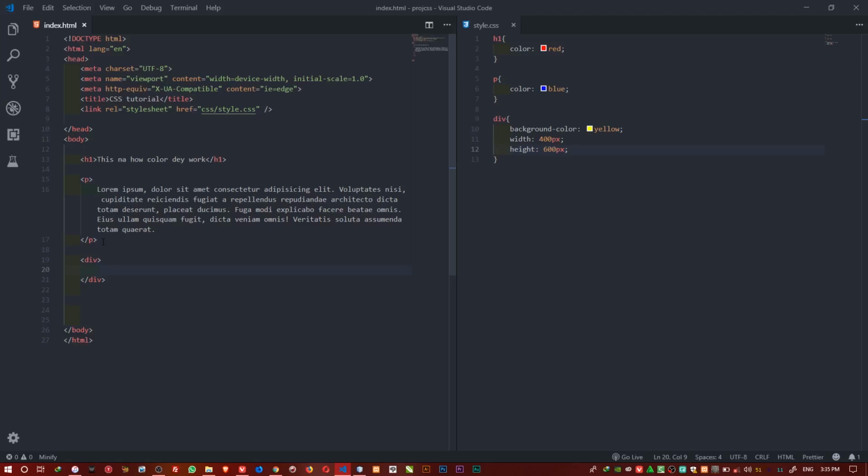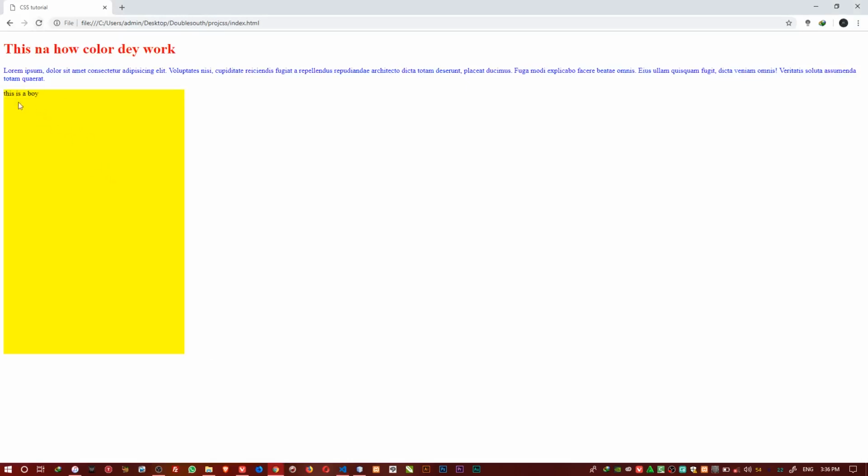I will see also. If I call now, okay, I just type something now. I just say, man, this is a boy. Yeah, this is a boy. So if I go back to my browser, it doesn't show black for inside here now. Background color now, it affects the text, so they affect the contents then.